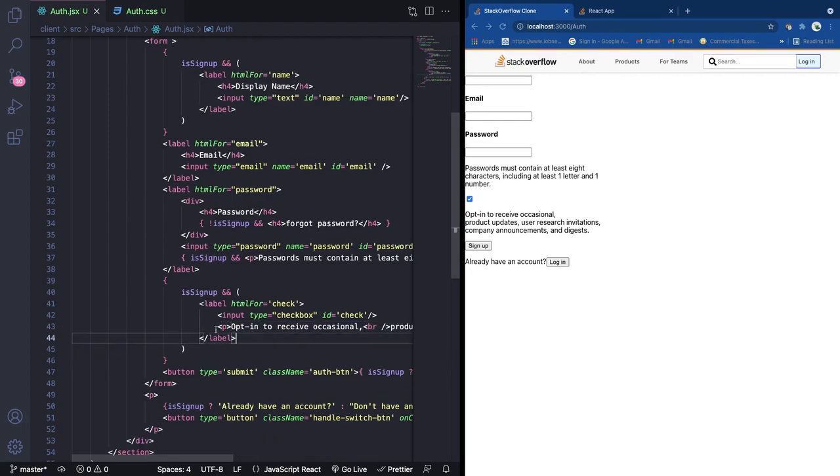So we put everything in a single line. Now we have styled this also. This is why we are using ID as well as HTML for. We don't want to go to this particular thing and check. We can just click on this text so that it will be checked. So now what we can do,